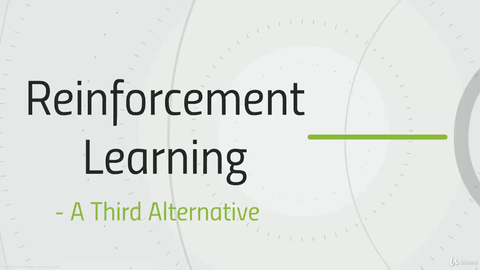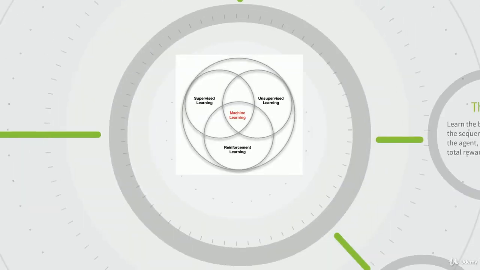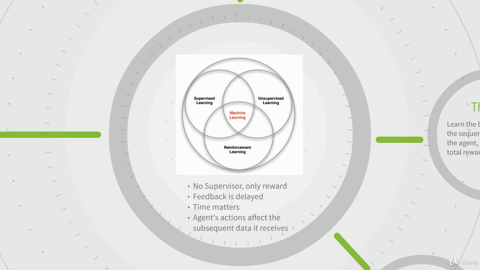So let's get started. Here's a quick introduction. Again, this is showing that machine learning as a whole is comprised of supervised learning and unsupervised learning. Nobody really wants to throw reinforcement learning into one of these two categories, because it doesn't have really the same characteristics as the other two. In reinforcement learning, we don't have a supervisor, only reward. So we don't have that output that's telling us this is a positive example or a negative example. Furthermore, the feedback is delayed. We might have to make some choices in the here and now, and we're not going to understand if those were good or bad choices until later on.